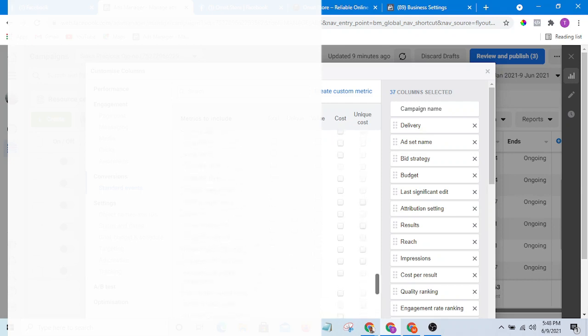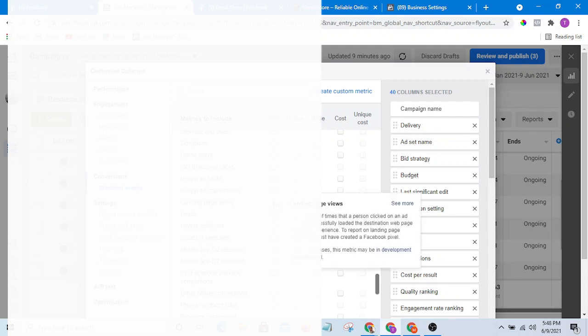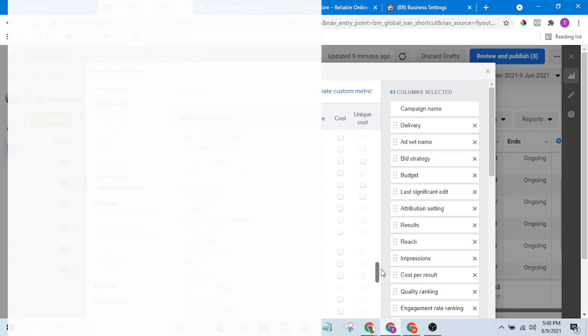Okay, this is another important one. We have leads: how many people have opted into your email list? Very important. Then another one is landing page views, very important again. So if you have checked those that are important to you, there is another one that is important that I've not checked yet.